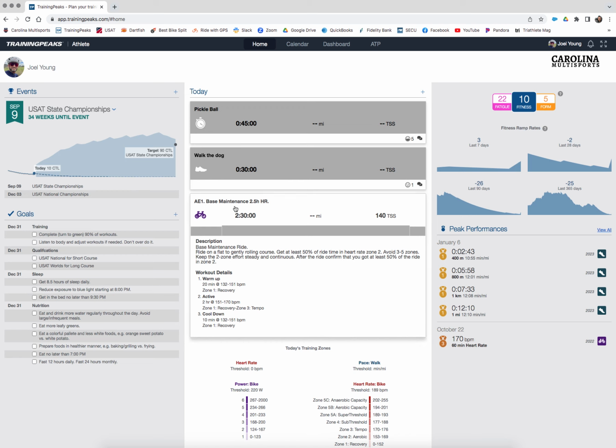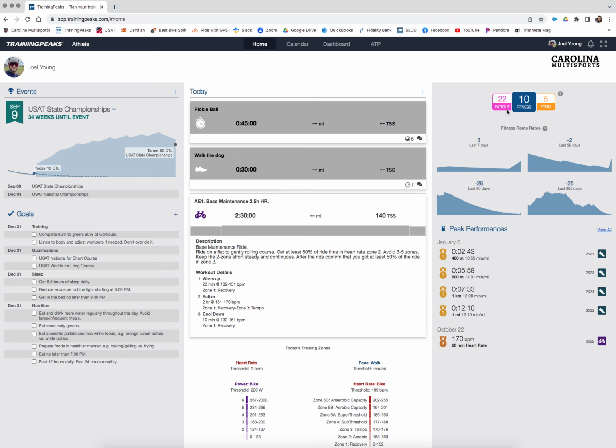If I were to complete this 2.5-hour bike ride as prescribed, and stayed within these heart rate zones, then I could expect a training stress score of 140 for that one workout. And then your fitness number will be the average of the last 45 days of workouts.